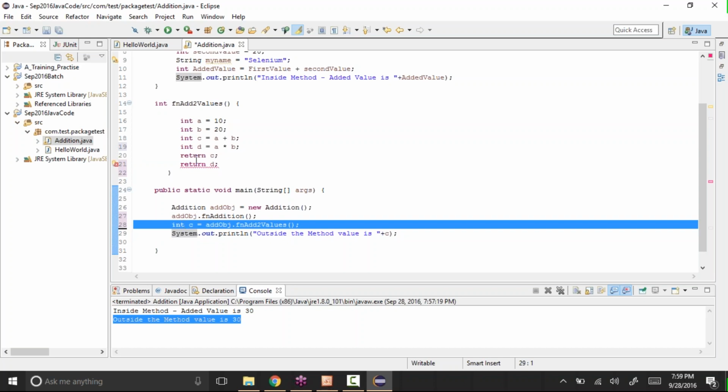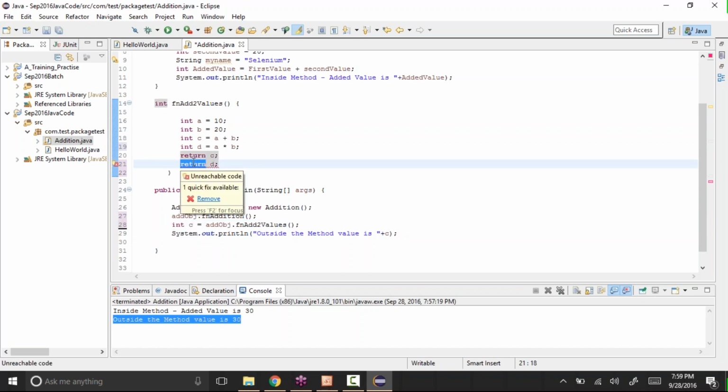Whatever code is after return cannot execute, since once it says return, it comes out of that method. That's why it gives you unreachable code. So whenever we do a return, the control will come out, so we cannot do multiple returns like this.